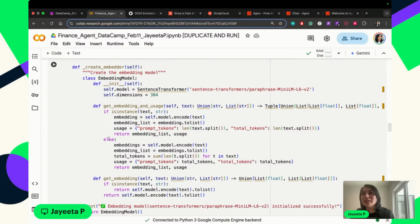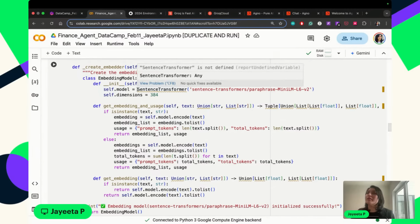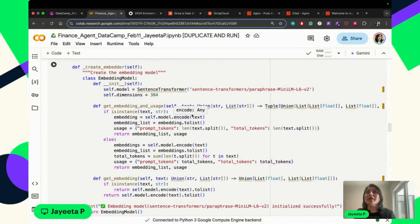Again, if all these class formations look complicated, don't worry about it. What I'm trying to say here is that you can do it using any closed source or directly calling OpenAI, but this is just to make sure that you can run through the process yourself. So it's doing nothing but just calling the sentence transformer, the paraphrase MiniLM model. It's a very powerful embedding tool, and I actually use it for a lot of my production grade tasks as well,